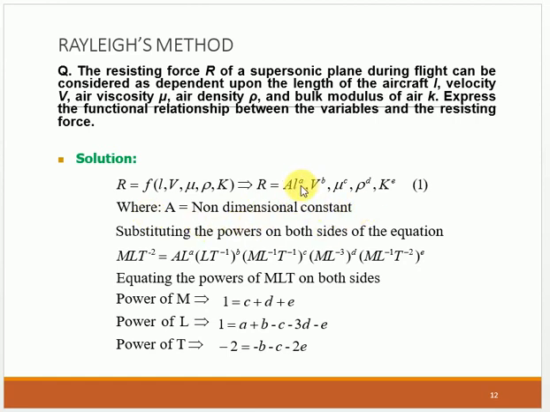So R equals A into L power a, V power b, mu power c, rho power d, K power e. So we got 5